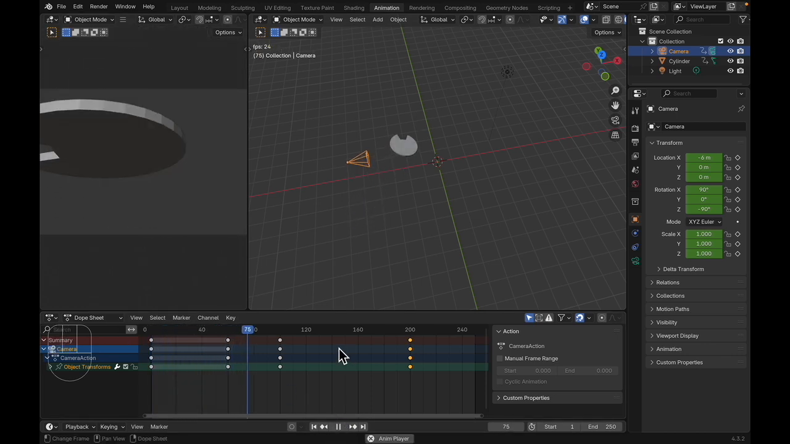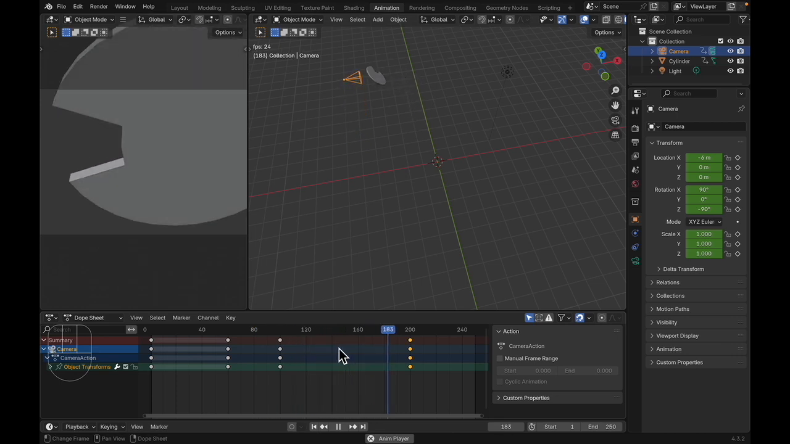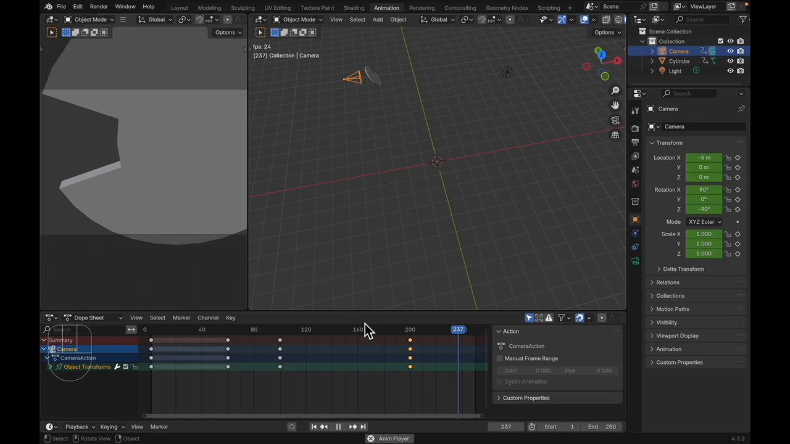Comes into the right shoulder, shows the bottom face, shows the top face, then shows the bottom face. Perfect. So now